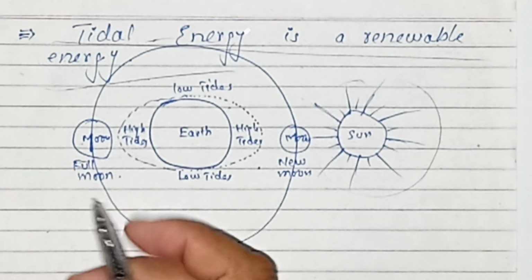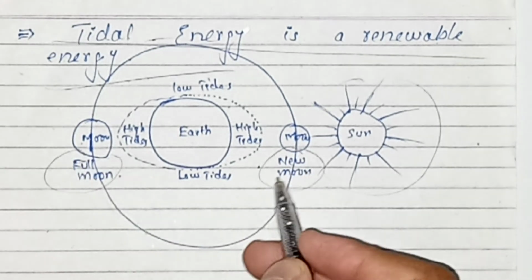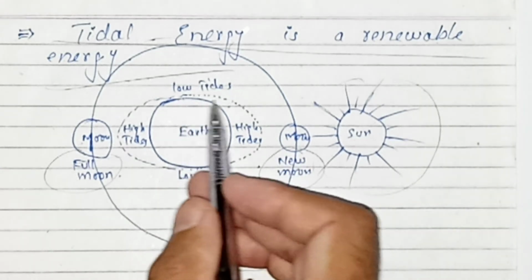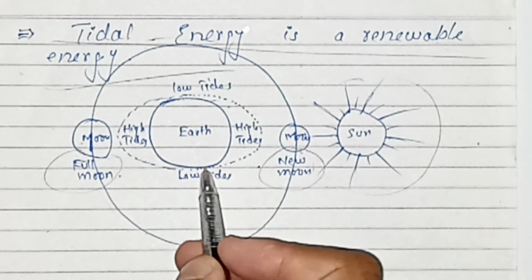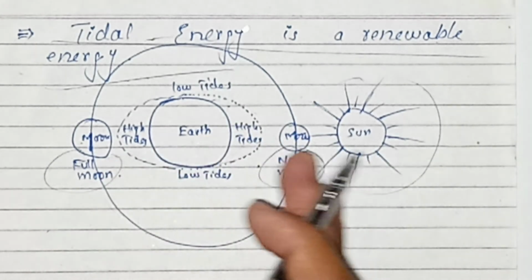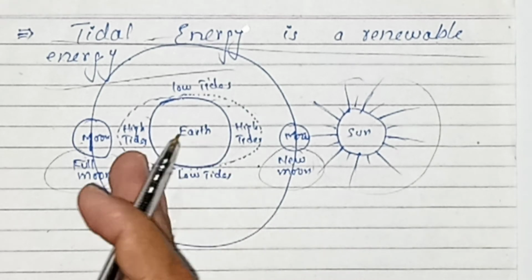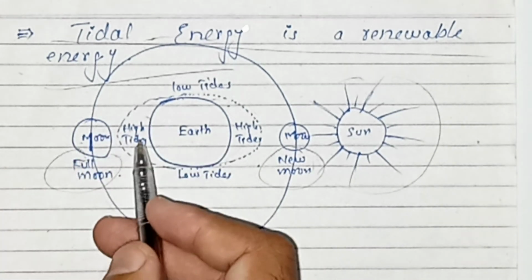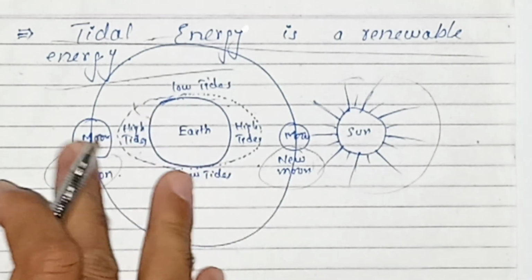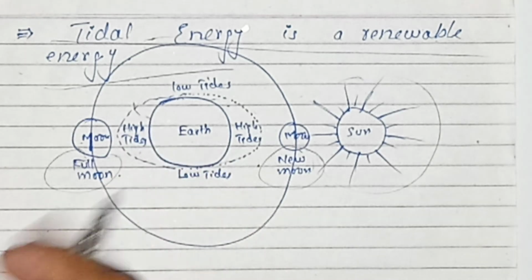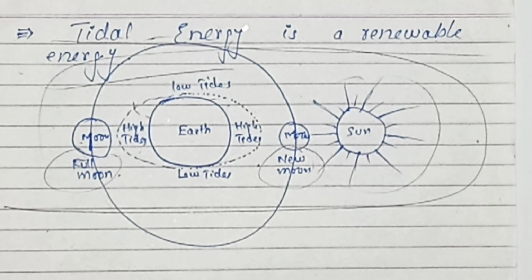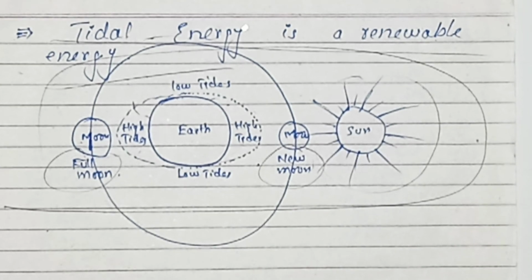that means when there are full moons and new moons, at this position the ocean will produce very high tides toward the center of the earth. So these tides can be used to extract energy, and this energy can be obtained from the tides by different turbines and different machinery. That's why energy can be produced through this. It is a very high source of energy, a renewable source of energy.